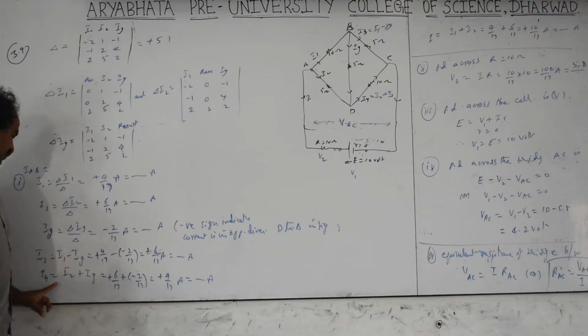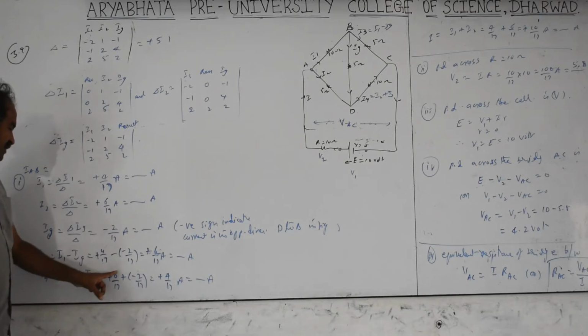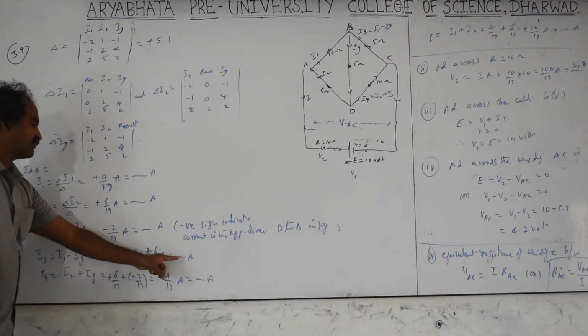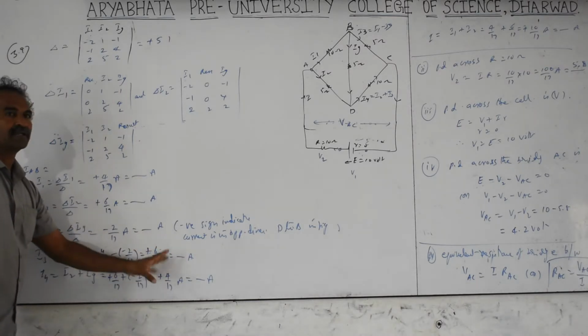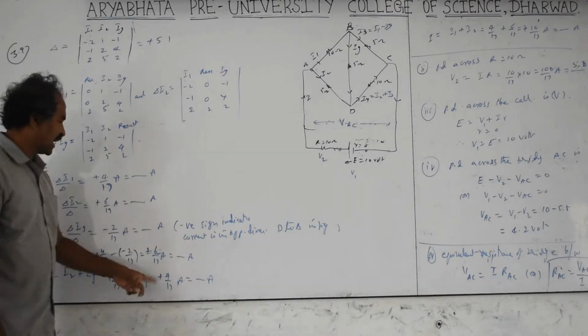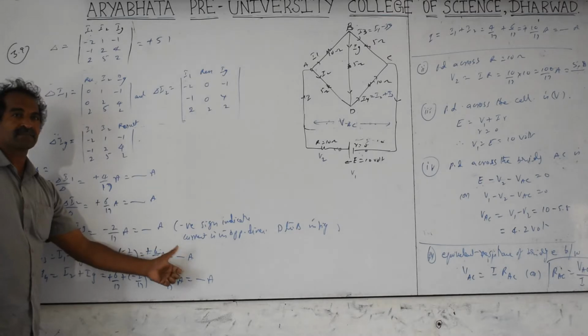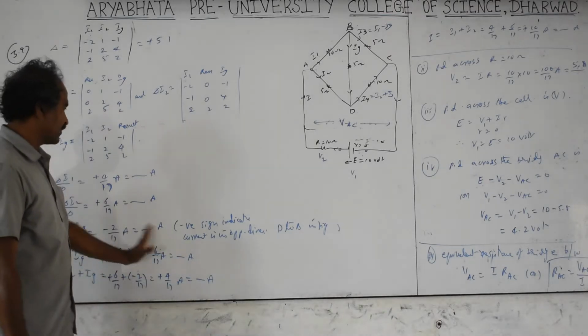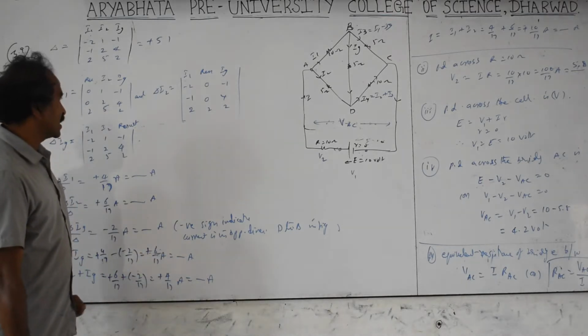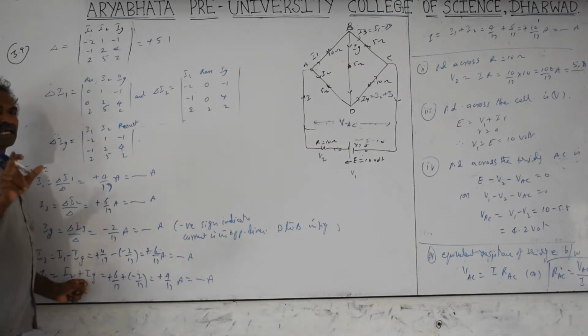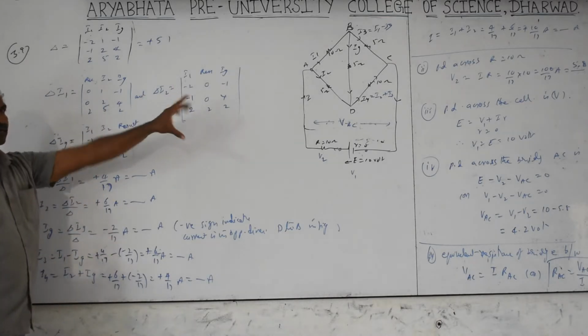Next, I4 is I2 plus Ig, 6 by 17 minus Ig, subtraction comes to 4 by 17. I didn't mention the fractions here; you calculate and check with the textbook. The textbook gives the answers only in ratios, not decimals. In the examination, it is always better to mention decimals along with the ratio. In the textbook, I think this I4 is given as negative. That depends on the direction of the arrow they have given. You verify that. But according to our diagram, it is supposed to be positive.